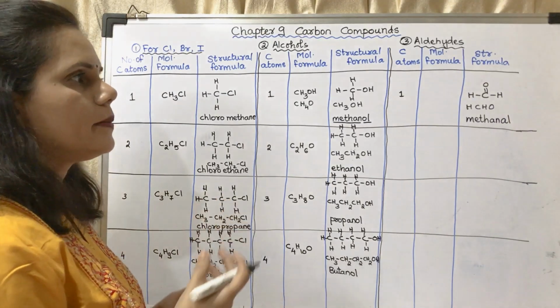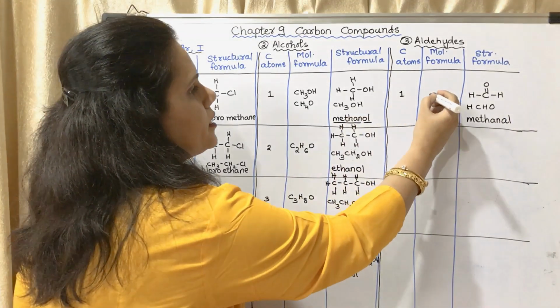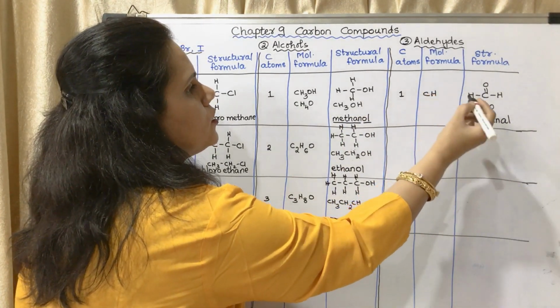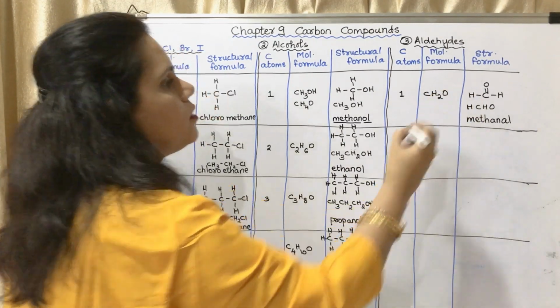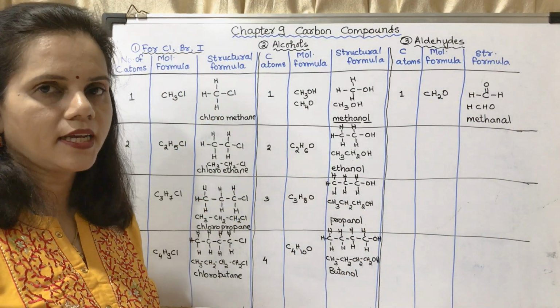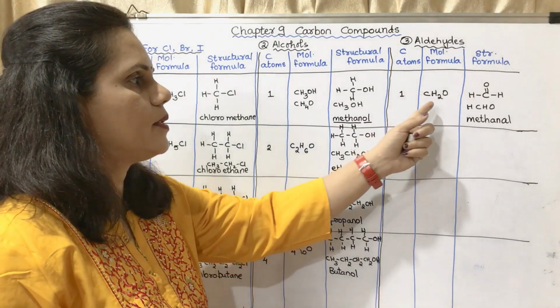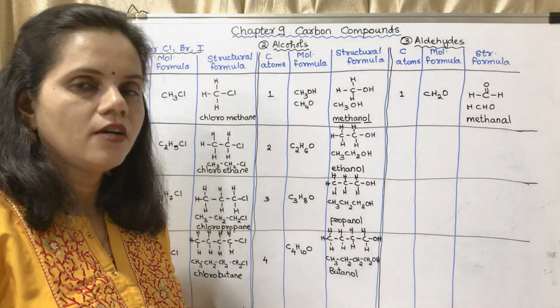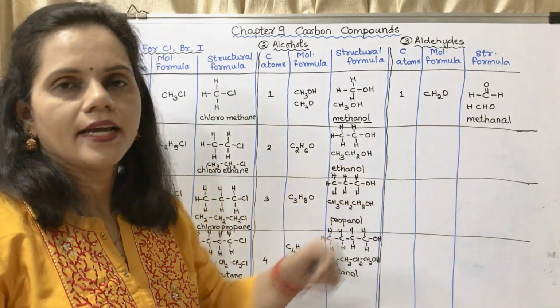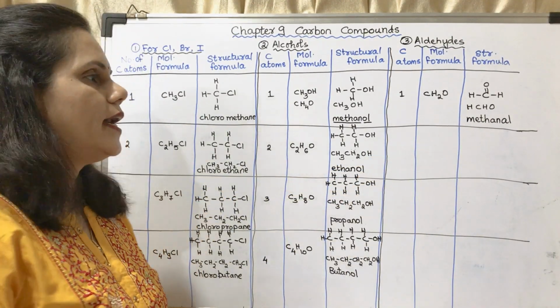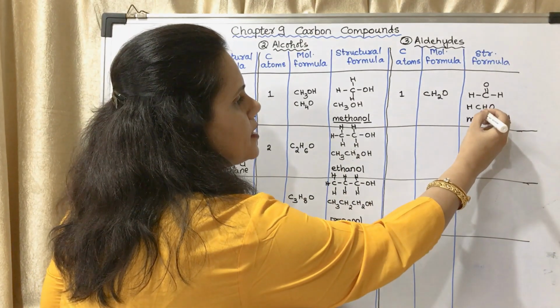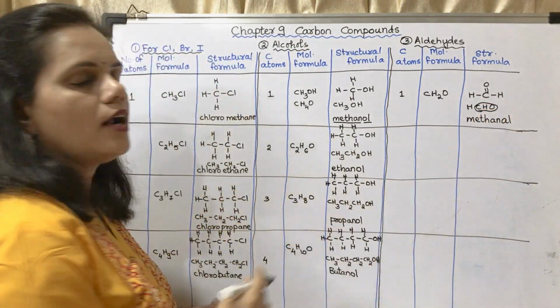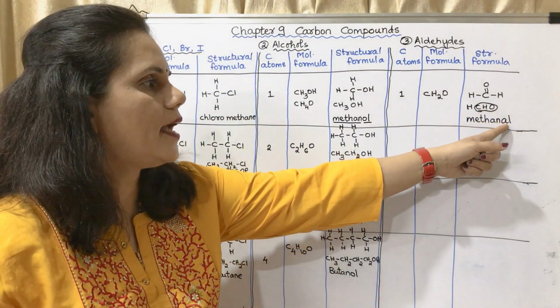Okay. And what will be the molecular formula? There is 1C, 2H and O. This will be the molecular formula. You may see that from the molecular formula you cannot understand what the functional group is. So generally they write it this way, HCHO. Okay. HCHO means in this CHO stands for aldehyde, that is Al.